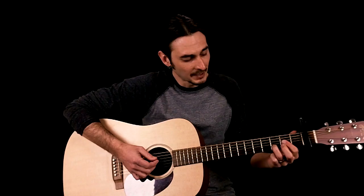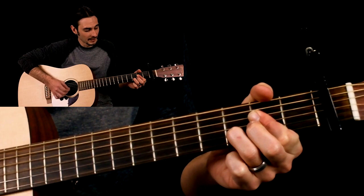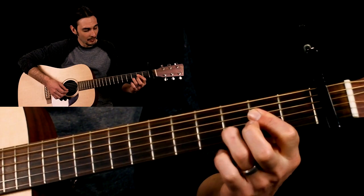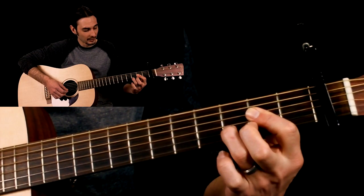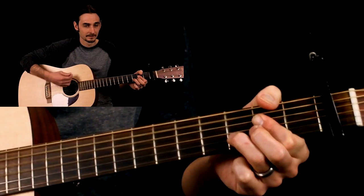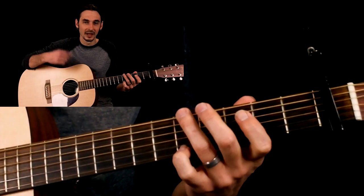Now, the second time of that pre-chorus, right before we go into the chorus, sometimes he plays this A with a suspended D, the suspended 4th. So that is an A with your 2nd or 3rd finger down on the 3rd fret of the B string. And then maybe you let it off right on that last hit. So the last time around,